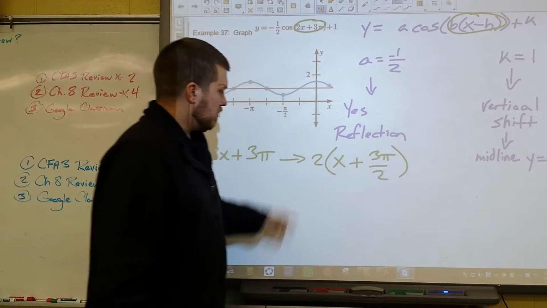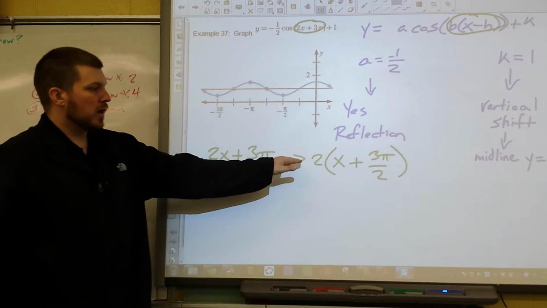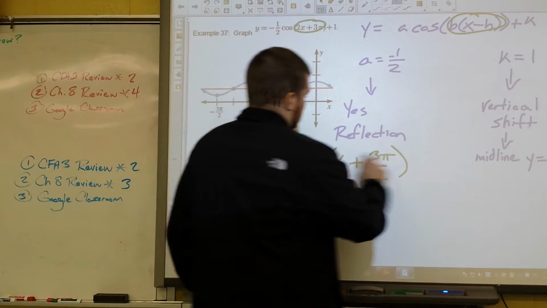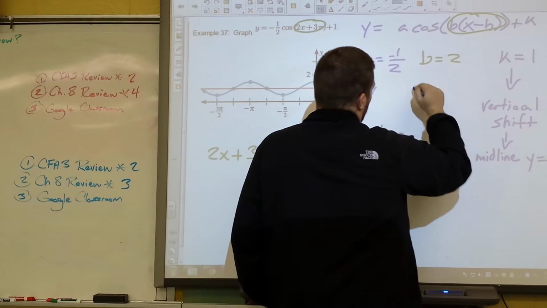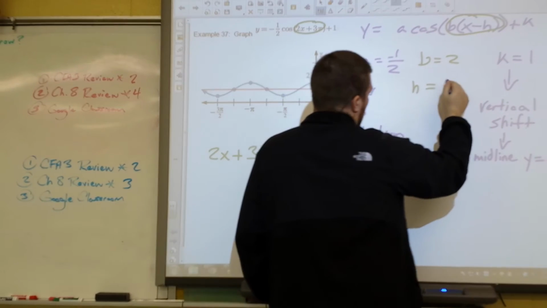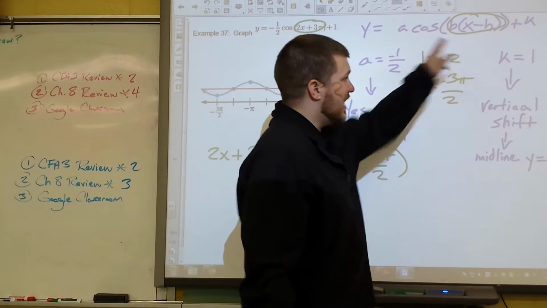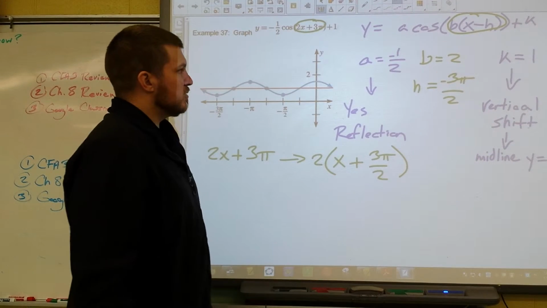The reason is if I multiply 2 times 3 pi over 2, that's just 3 pi. So I can rewrite this exactly what it looked like this. So now, based on this, that means that b equals 2 and h equals negative 3 pi over 2. Again, it's always x minus h. I'm just following the pattern here. Well, since b equals 2,